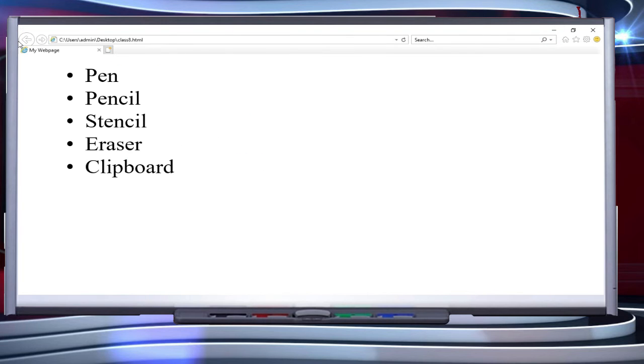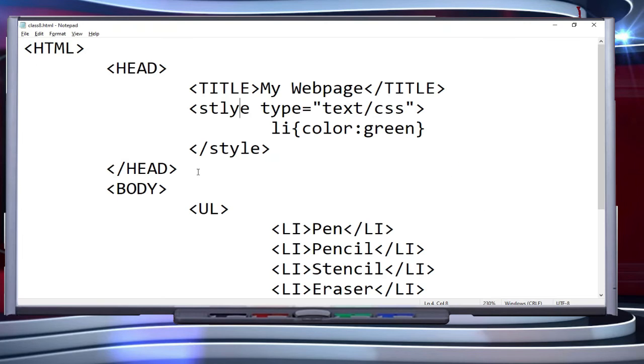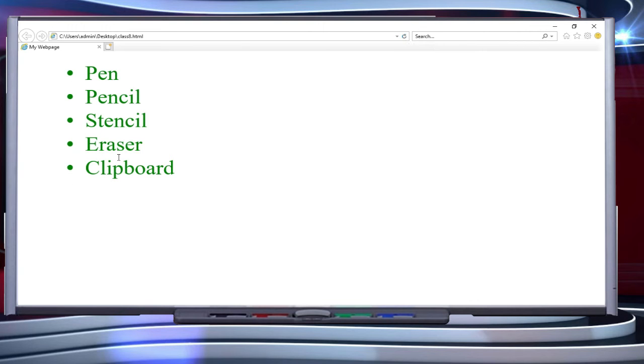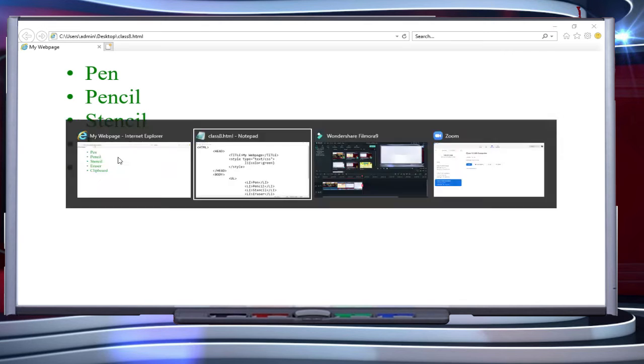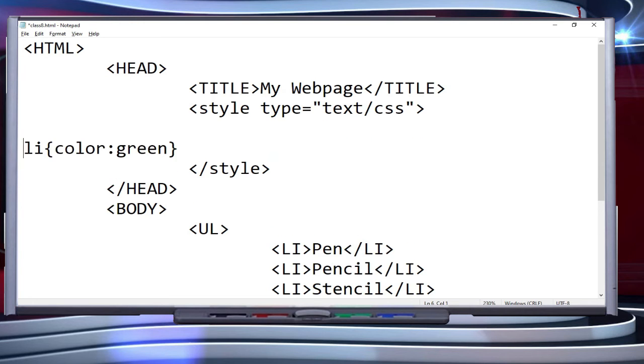I've saved this file. Coming back to my browser, here there is some error due to which this has not been implemented. Let's go back to our page, and here we can check. Here is a spelling mistake of style, make a correction of it, and then again back to our browser, refresh screen, and here you can check that this has turned to green. Similarly, if you want to add a background color to it, we can also write background color.